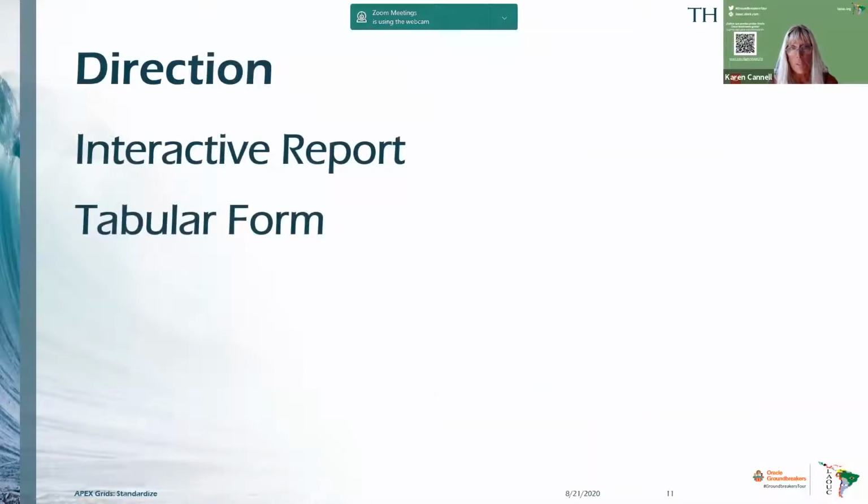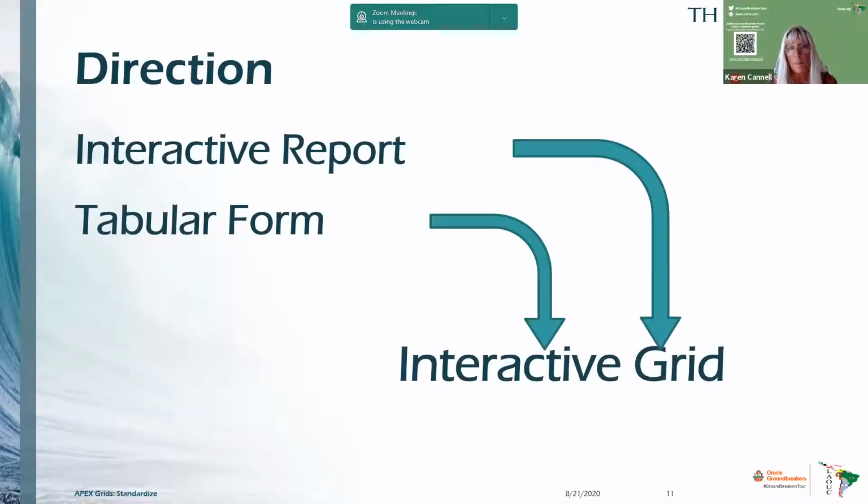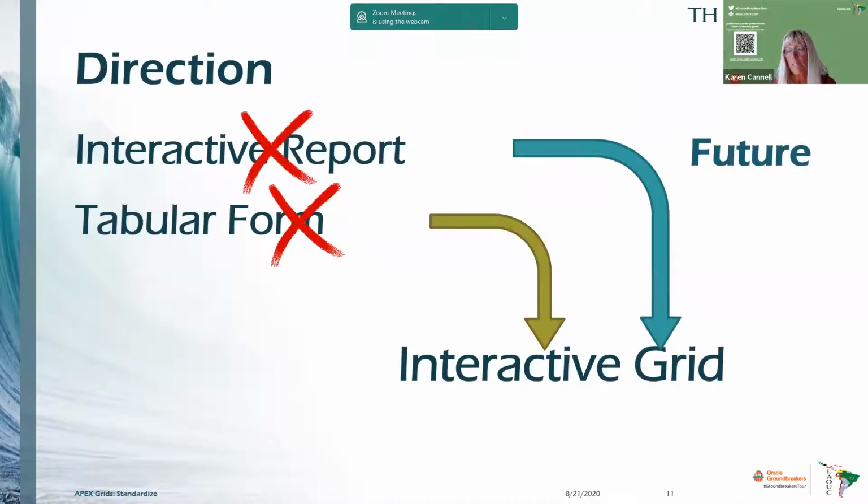And the direction here is that interactive reports and tabular forms will eventually be replaced by interactive grids, where they're now with interactive reports. That's in the future. That is only going to happen if and when all interactive report features are handled by interactive grids. So we already know that's not going to be for a little while,